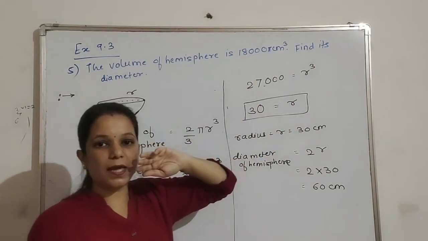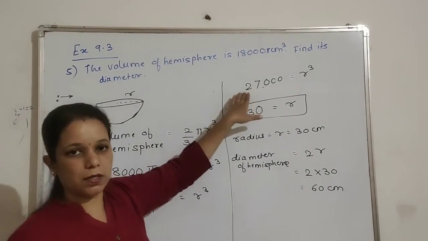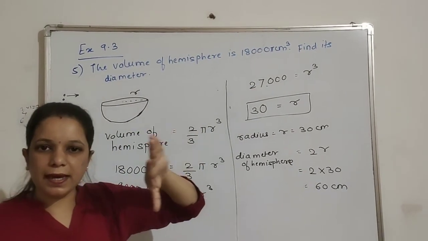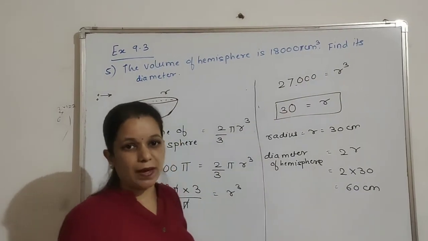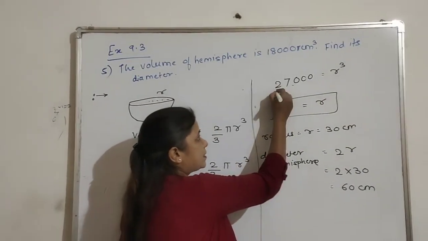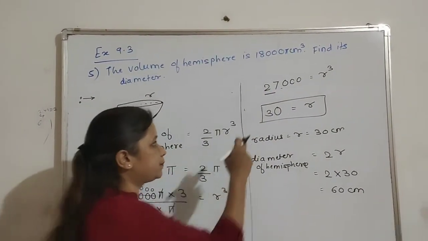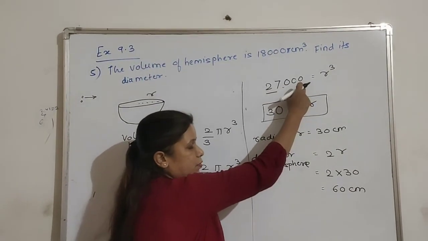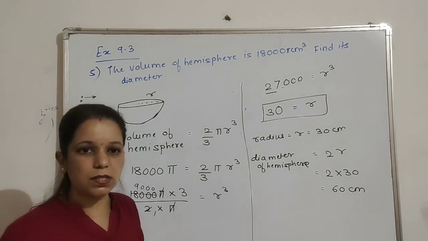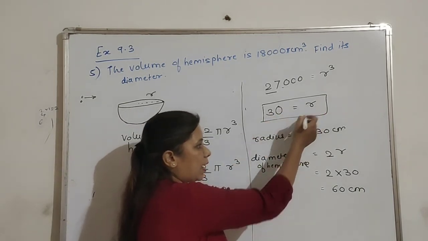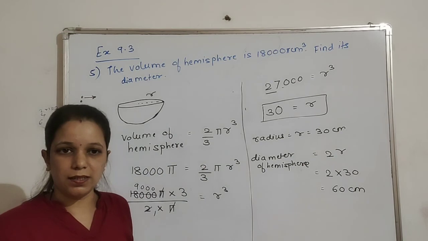Now we have to calculate the cube root of this figure. Okay, figure बड़ी है तो डरने की कोई जरूरत नहीं है. We have to use some tricks, mathematical tricks. 27 का cube root होता है 3. 3 times 0, उसके बदले cube root जब हम लेंगे तो we will take only one single zero. So 30 is equal to r. So I get radius as 30 centimeter.